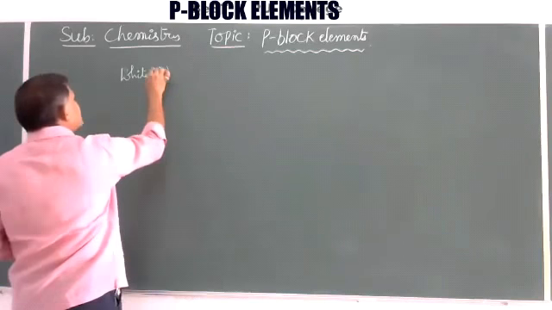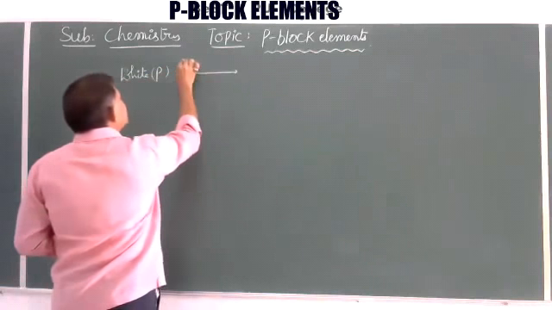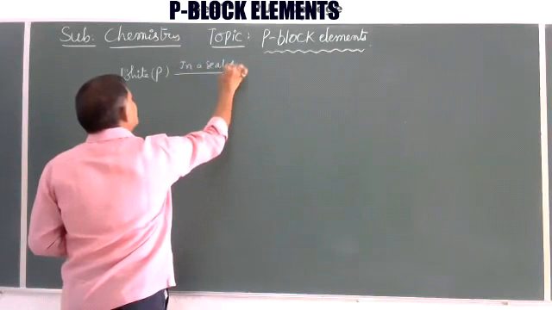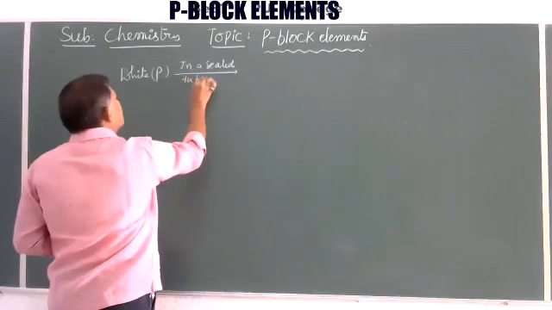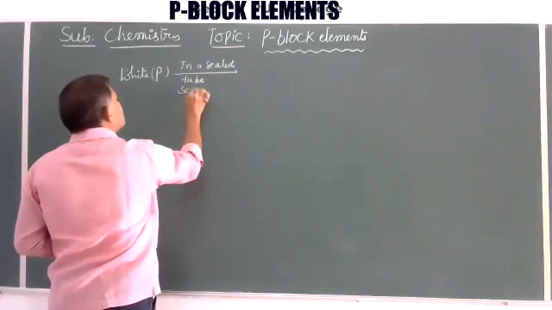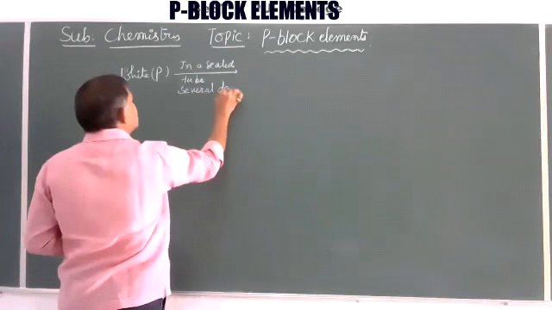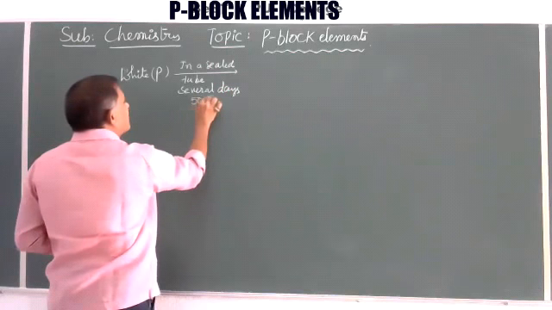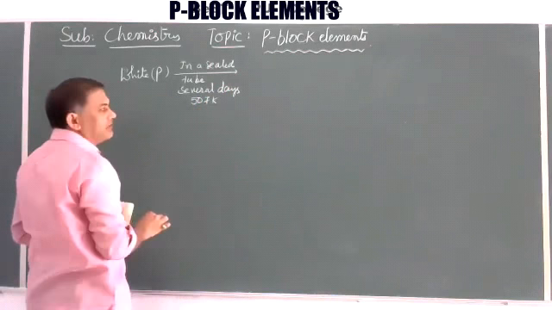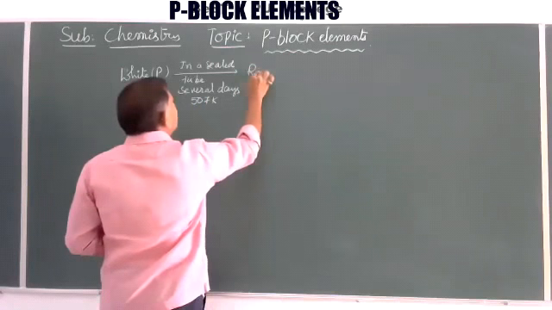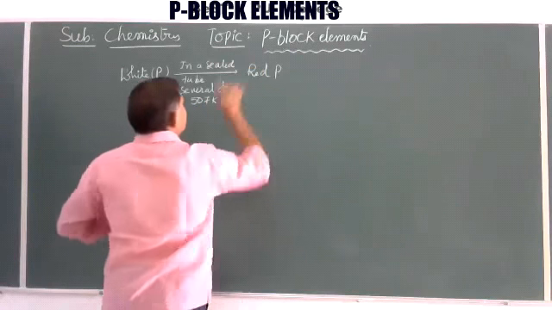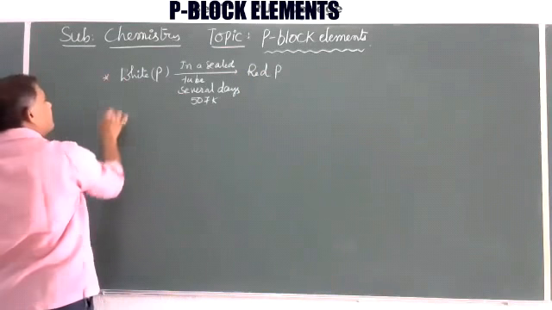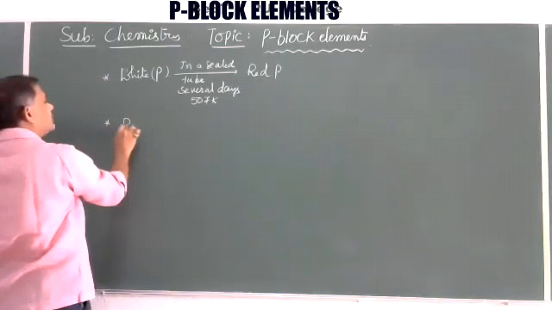White phosphorus in a sealed tube, for several days, at nearly 507 or 510 kelvins, gives red phosphorus, red P. Then again here, red phosphorus